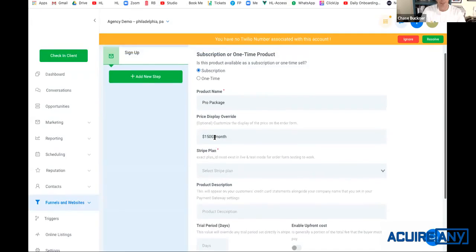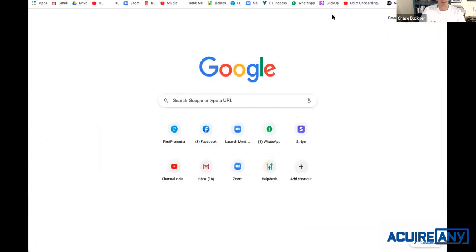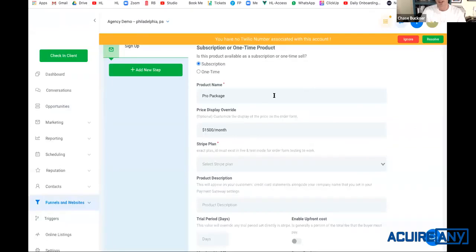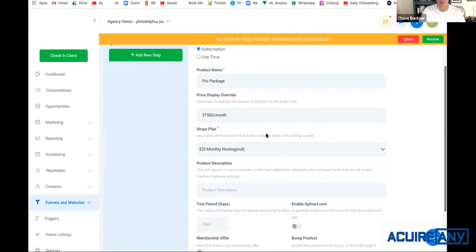And my bad. So you have to actually make this subscription in Stripe first. So that's just a matter of, if I were to go back to that, over here you'd click products, and then you click subscriptions, you make the subscription, and then you select it right here. So you can see I have this $25 a month hosting plan. So let's pretend that's what we're doing here. So this is $25 a month,